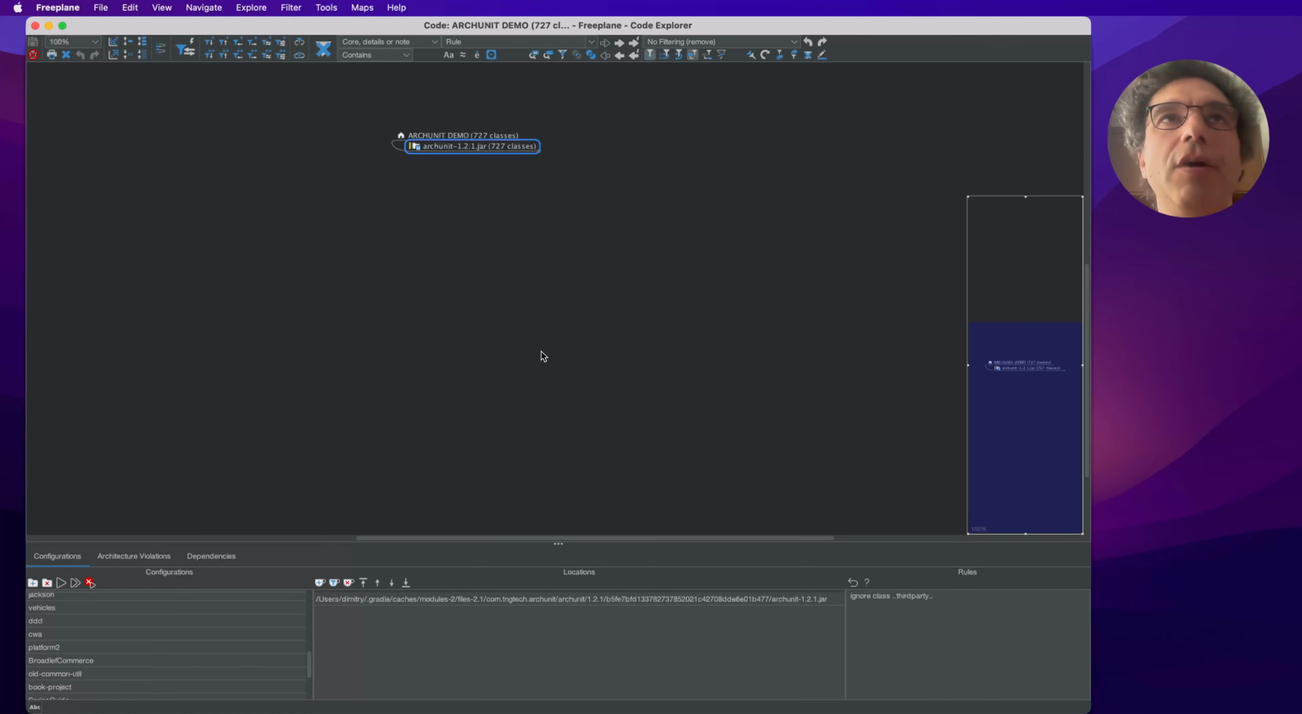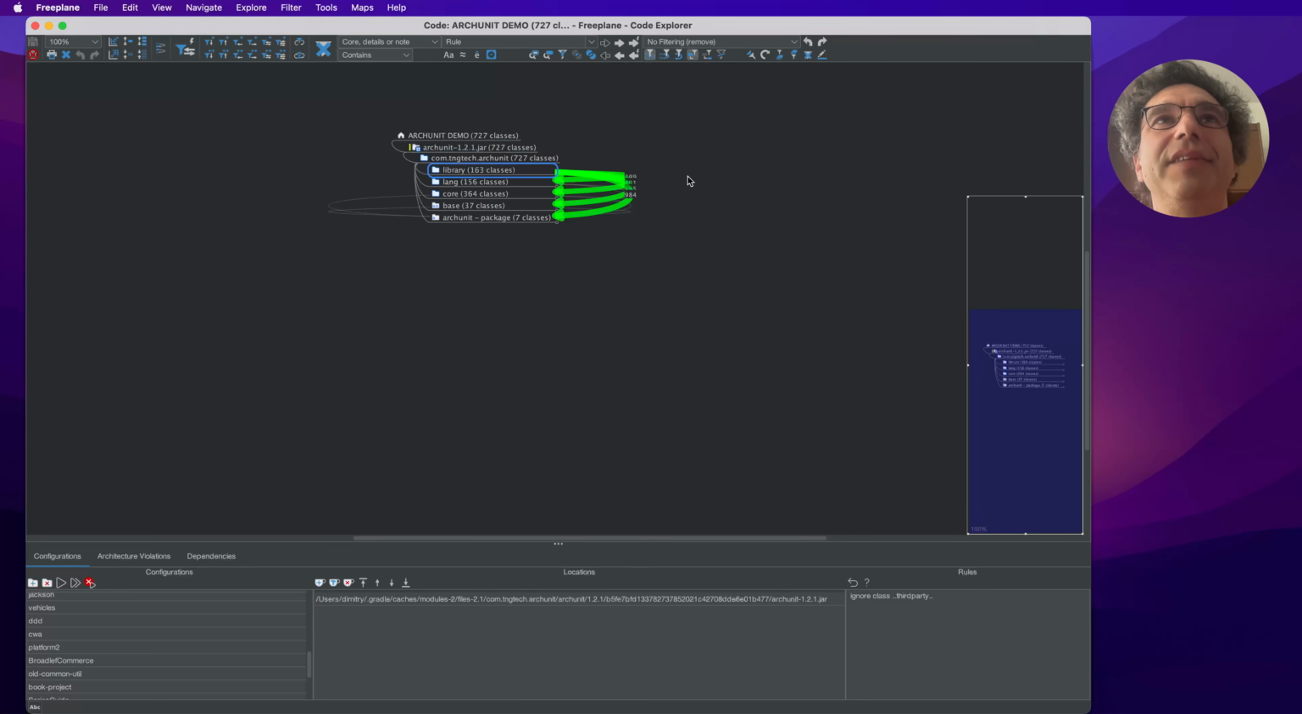Let me show you how you can use Code Explorer to analyze code structure and dependencies inside the code. And I'll do it on the example of ArchUnit. So in the ArchUnit jar, we have 700 classes, and this structure is actually based on packages. So all packages, after we excluded third-party packages, are in this com.tngtech.archunit, and so you can see dependencies